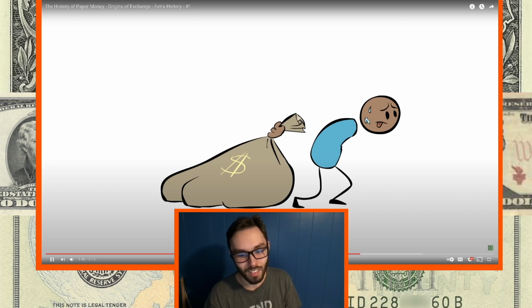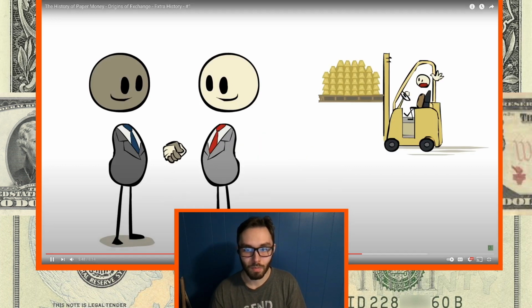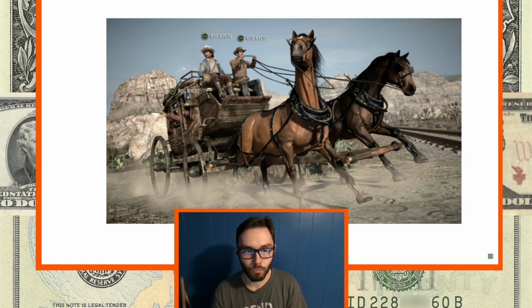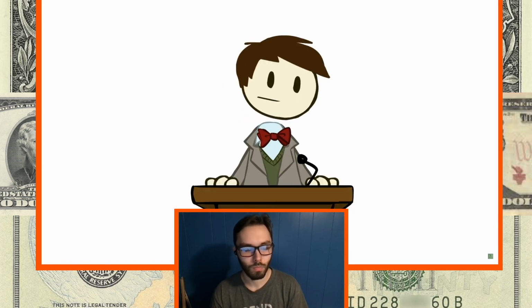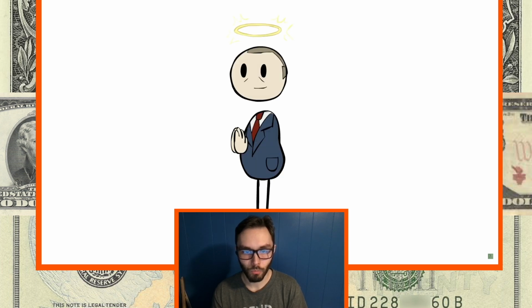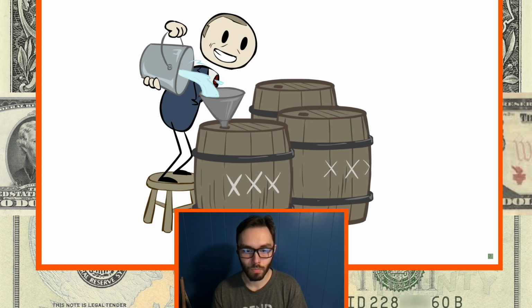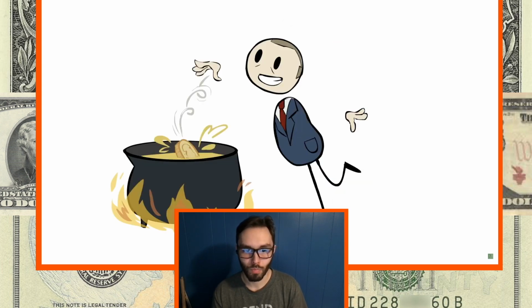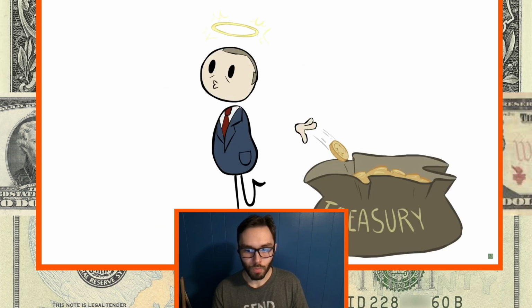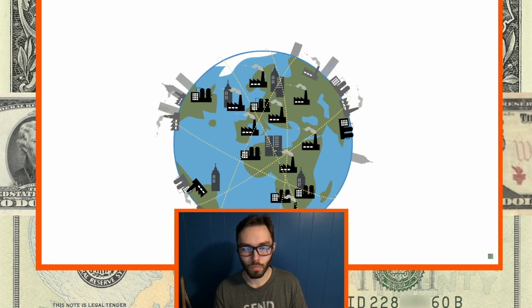For one thing, commodity money is heavy. If you're doing massive deals, it gets really hard to transport, and it's risky to transport across lawless lands. Commodity money is also often subject to debasing, where somebody, usually the person who should be responsible for making sure the currency maintains its value, waters down the whiskey or takes a gold coin, melts it down, and reforges it with a bit less gold in it, and passes it off as worth the same amount. But more than anything, when you get to gigantic...